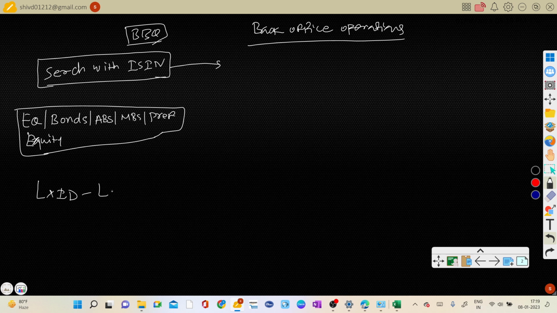LX ID for loans. Sometimes I'll send you the LX ID, for example, so you can refer to that, and I'll also send you the ISIN. Okay, you can refer to that, but what's important is you should know it. Search with the ISIN. Then after the search, select